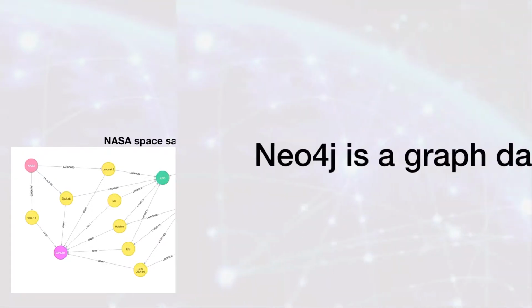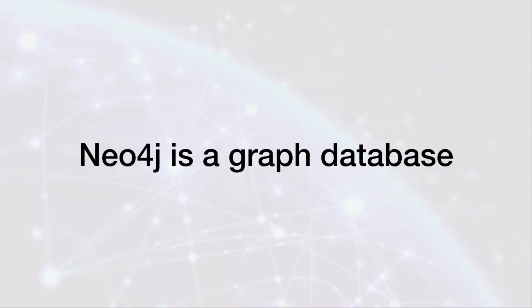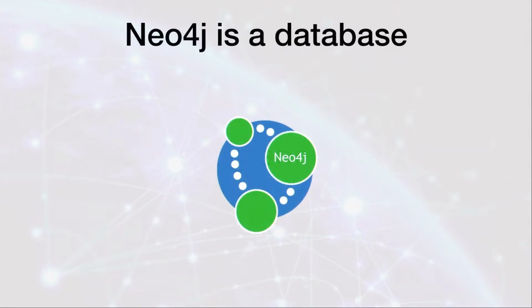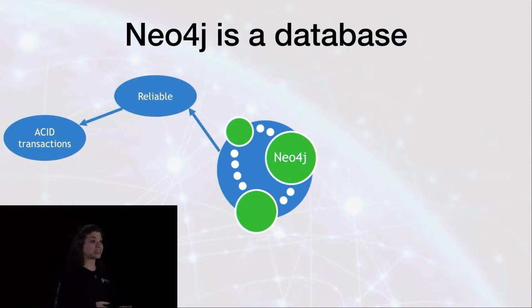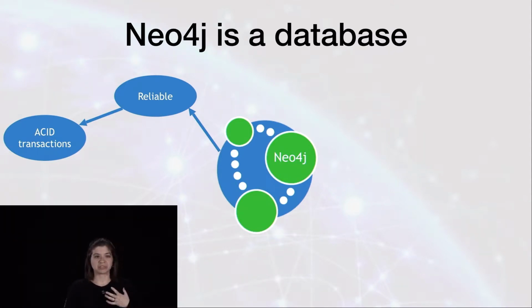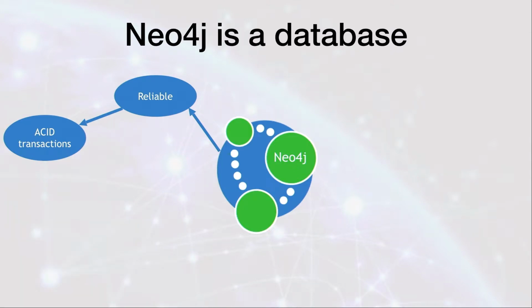So at its core, Neo4j is a graph database. Pulling that apart and going to its simplest form, that means Neo4j is a database. So it's going to do lots of typical database types of things, like ACID transactions, which make it very, very reliable. This is something that a lot of relational databases already provide. This is something that we at Neo4j thought was very valuable to have. That just means that your data won't get lost in translation. You're never going to have partial transactions committed to your database. Either it all makes it there or it